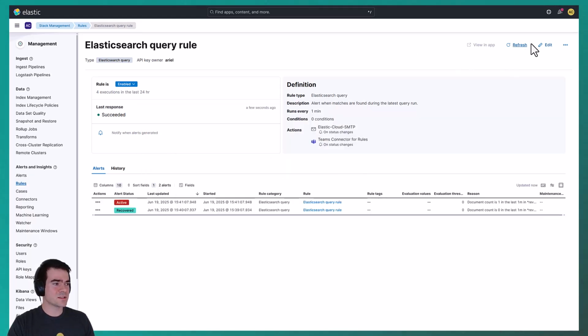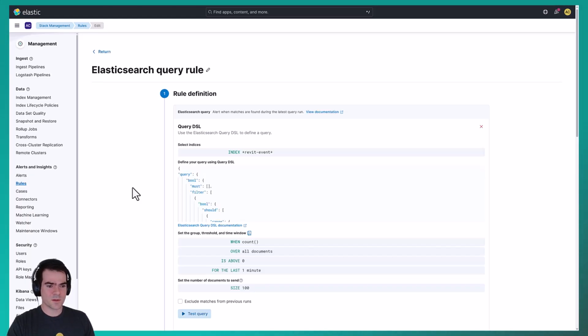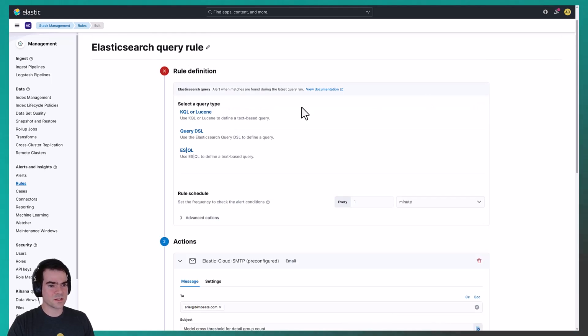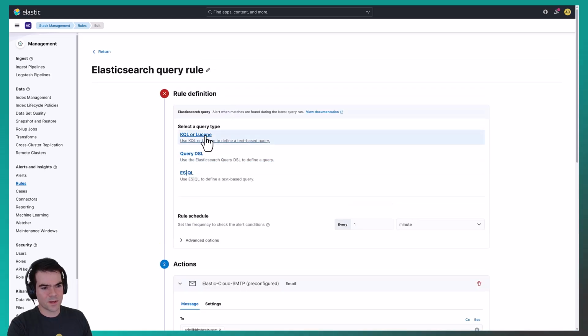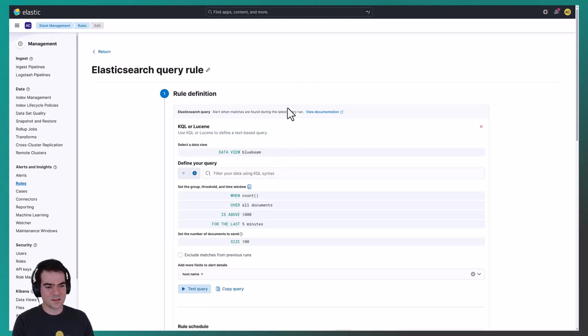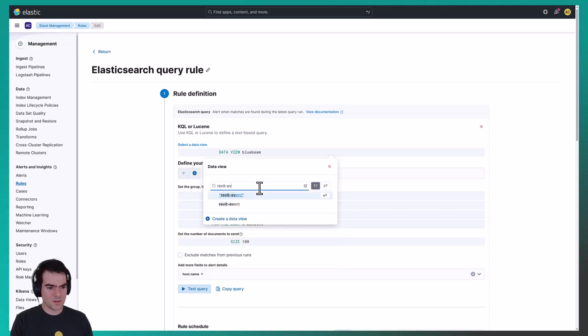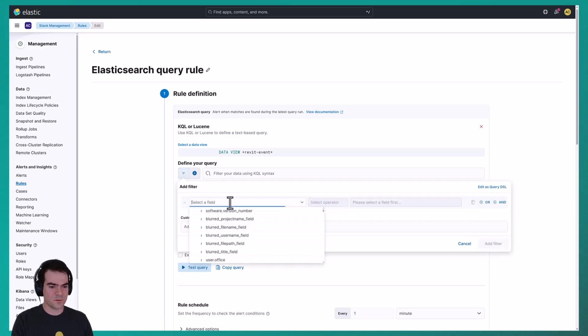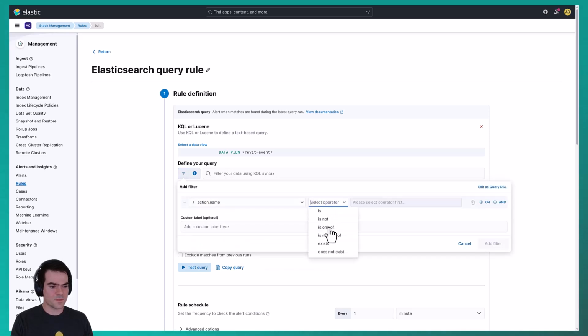Finally, I want to show you an easier way to define the rule. If using DSL and JSON syntax is a little bit daunting, we can actually delete the rule definition. We'll click on KQL or Lucene, and this is essentially the same format that you'll see in Discover. We'll click on the data view, select Revit event, and we'll add our filters in the same way that we would in Discover. We'll create a filter for action name is one of